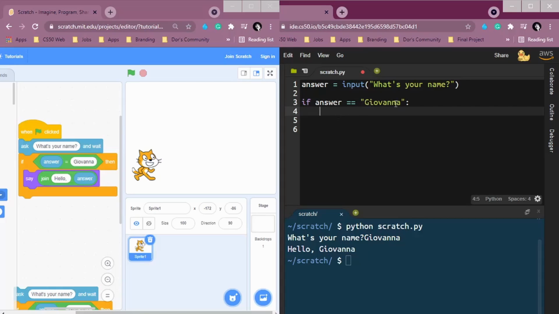And why are we using quotation marks around Giovanna? Because this is a string. If we put here without quotation marks, the compiler, that is the thing that runs our code, will think that Giovanna is a variable, like answer. And we don't have any information about Giovanna. That's why we have to use quotation marks, because when we do this, we are saying that Giovanna is a string, okay? So if answer is equals to Giovanna, we're going to print hello